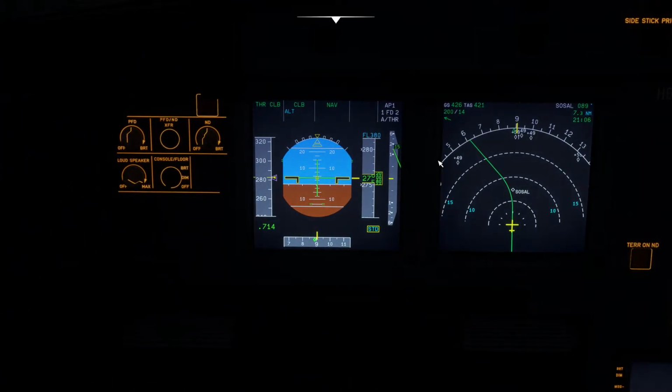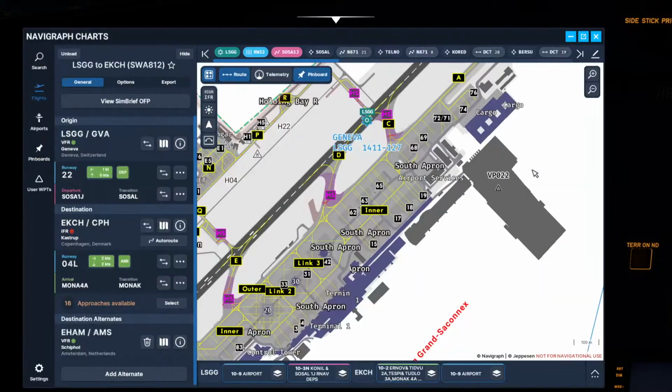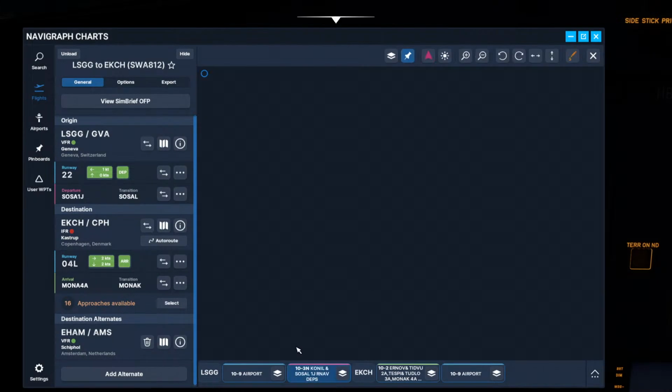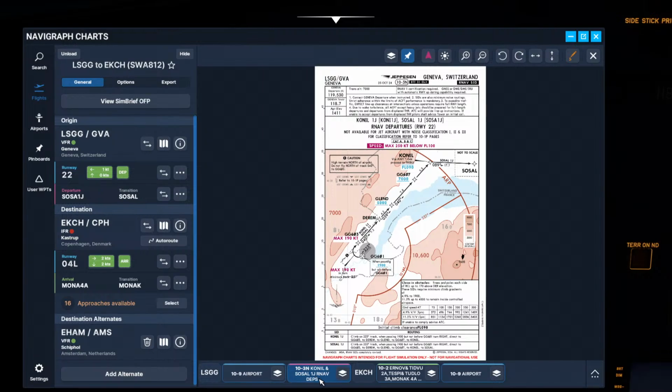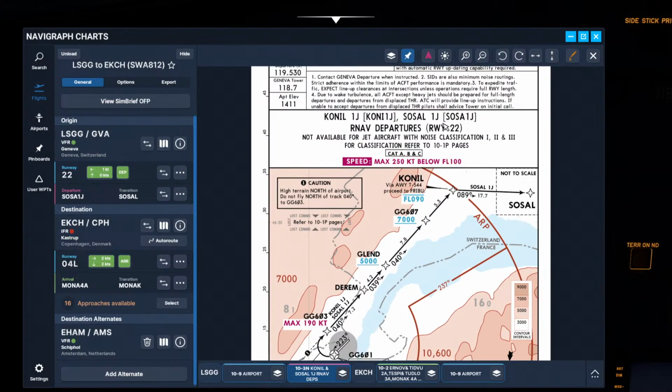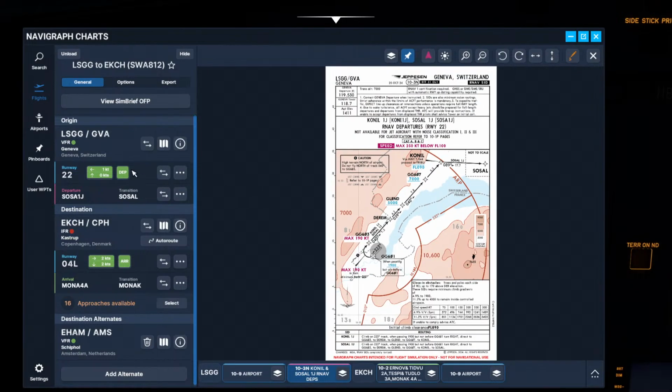Right, so the departure is going well. SOSAL is the last waypoint. So this was the SOSAL 1 Juliet. I believe we got the 1 Romeo. Not sure if this is also that. This does not have the 1 Romeo on it,